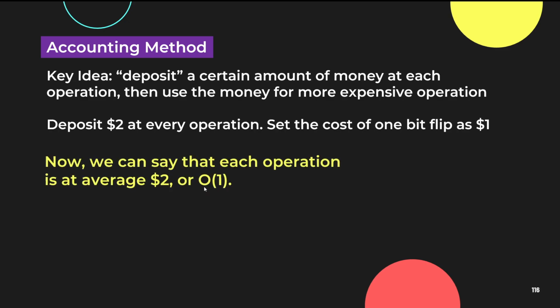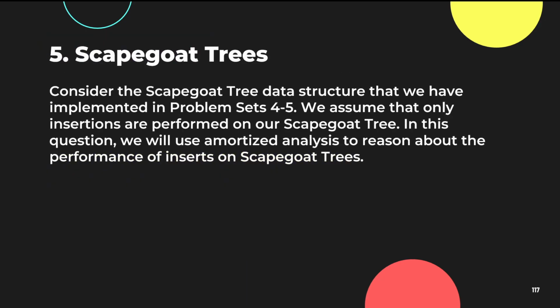Okay. So yeah, average $2 per operation, or that is just a constant amount per operation. So you can think of amortized as saving money first for every operation. Then once you actually need to spend more, you can use your savings. Okay? Questions? No? Okay. No questions, then maybe for the last question of the day, we are going to discuss